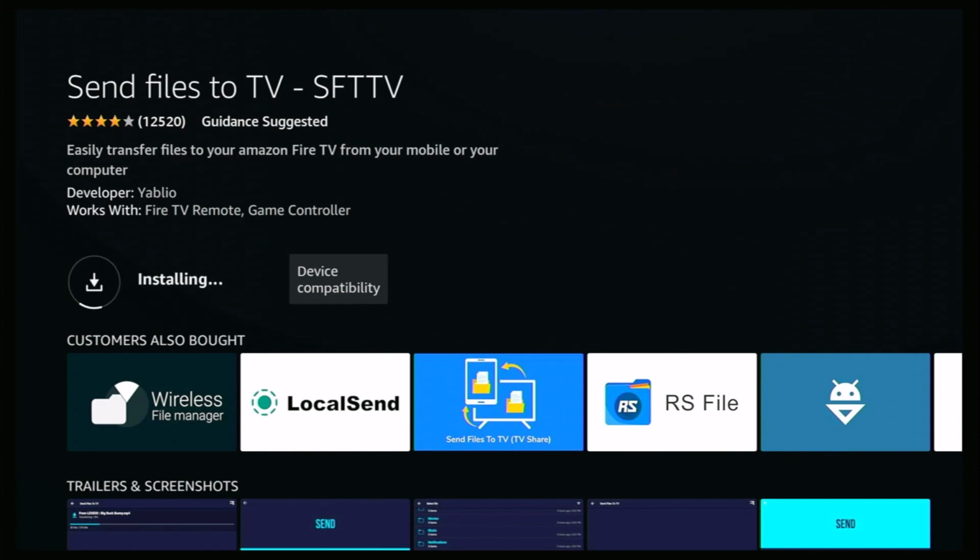Sorry, if you are an Apple user, you won't be able to follow this. Unfortunately, you're going to have to borrow a friend with an Android phone and get them to do this for you. The next thing you're going to need to do is go on to your Android phone or tablet